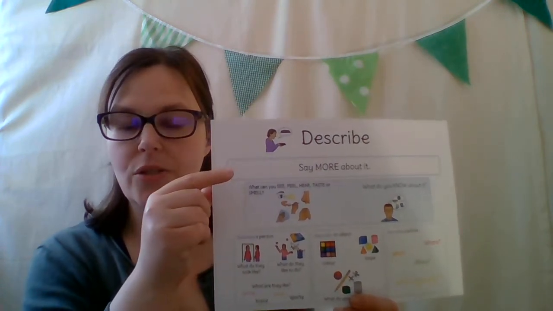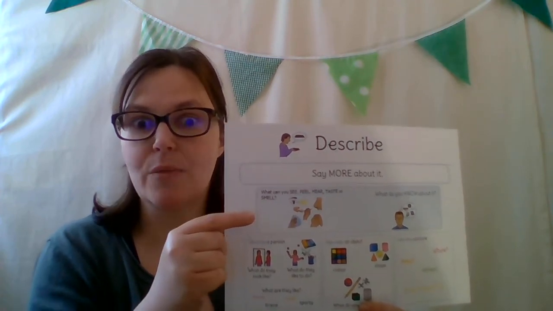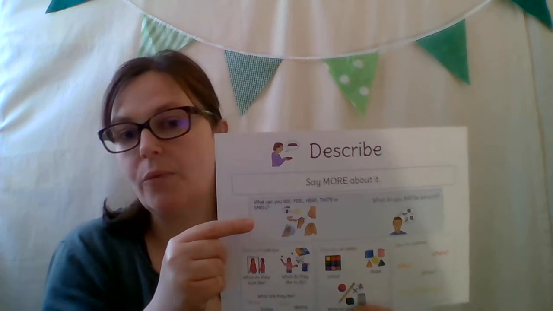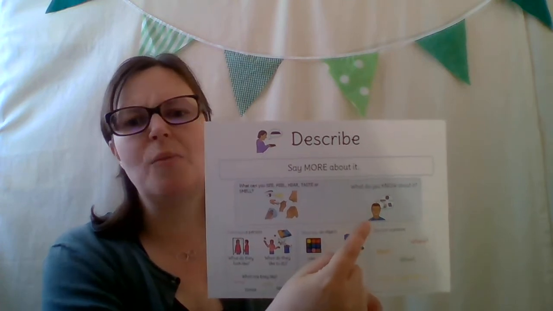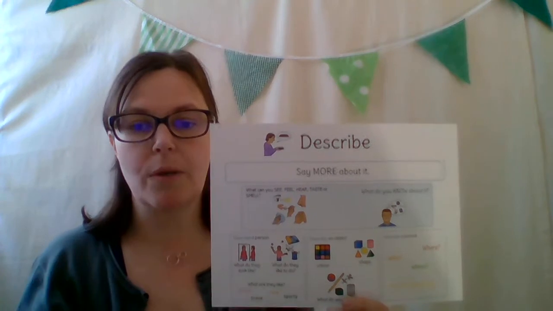What is it? What do we need to do? We need to say more about something. And the kind of things we can say are, what does something look like? What can we see? What can we hear? What can we smell? What can we taste? What can we feel about it? And what do we know about it anyway? We've also got some facts in our brain that we'll be able to say to help us with our description